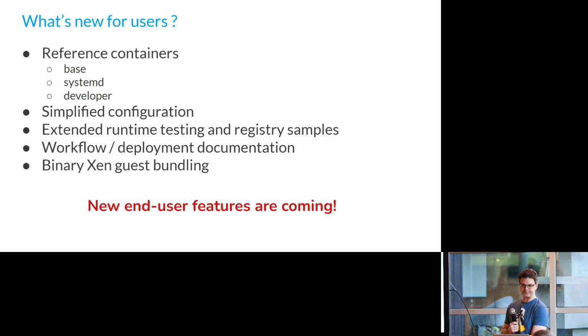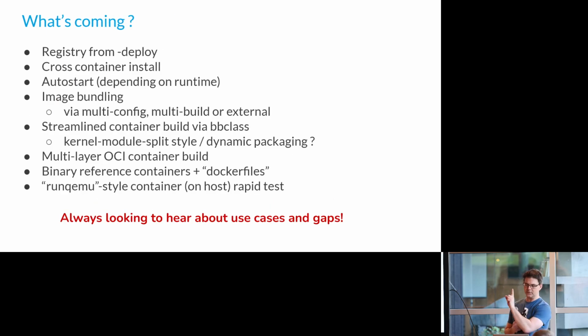What's coming? One that I'm interested in getting myself is how we can do a bitbake package-index, and it creates you a package index, which you can then run a web server against, and you can pull it onto your target. Well, I want to do the same thing where I can create a container registry from your deploy directory. So you can build your images, run your target, and then just pull them onto your running image for easy startup. It's mostly done. I have a little bit more work to do, but that's one that I wanted to do.